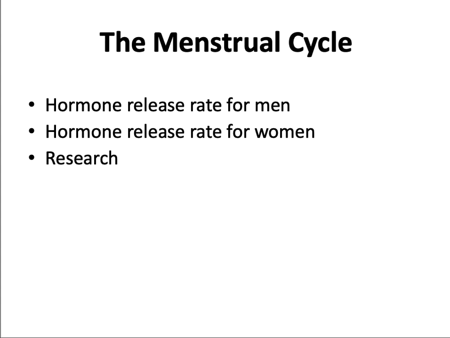Women differ from men in how the hypothalamus controls the release of sex hormones. In men, hormones are released at the same rate over time on a circadian cycle. In women, however, the release of hormones varies according to a cycle that repeats itself approximately every 28 days, the menstrual cycle. Research has found only minimal evidence that women's sexual behavior varies across the menstrual cycle. Recent evidence indicates, however, that women may process social information differently depending on whether they are in a fertile phase of the cycle.